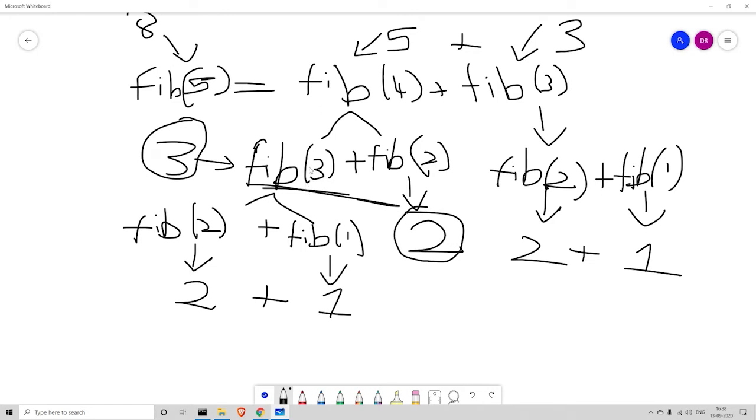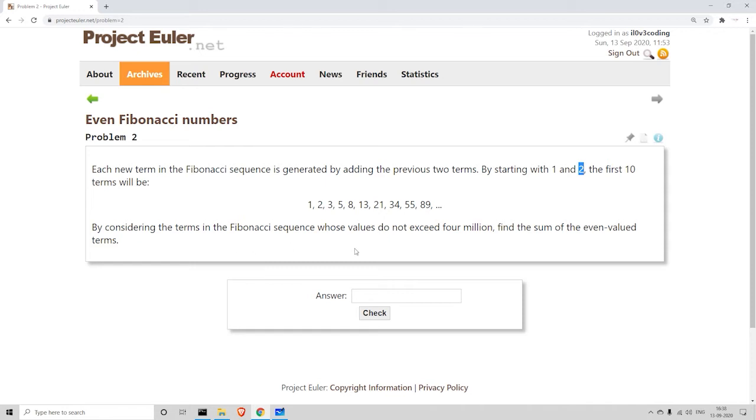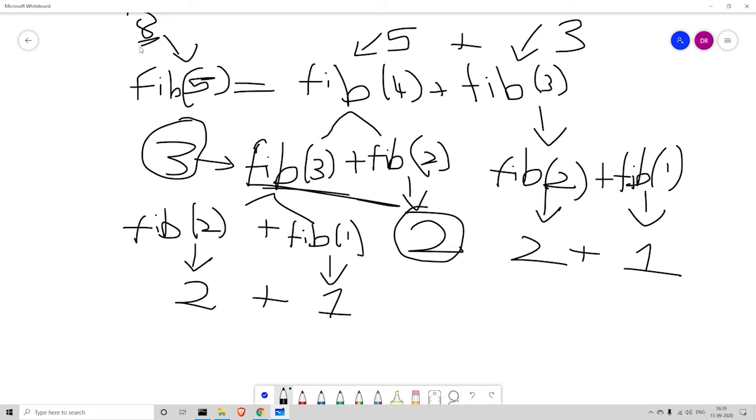Now, does it satisfy the two conditions given in the question, which is that it should not exceed 4 million and it should be an even valued term? 8 is an even term and it's not more than 4 million. So that's the logic behind what my function would be.